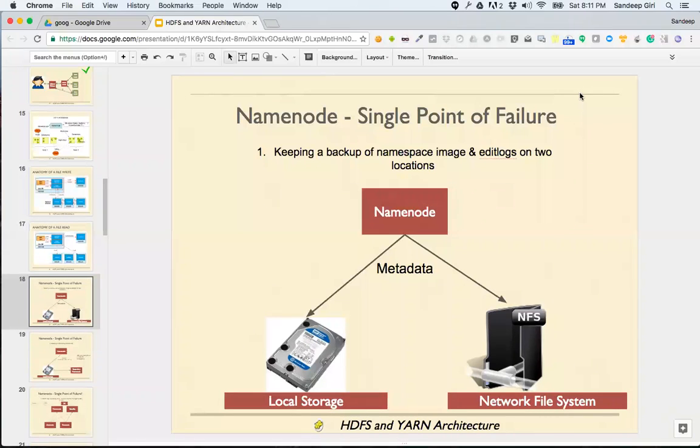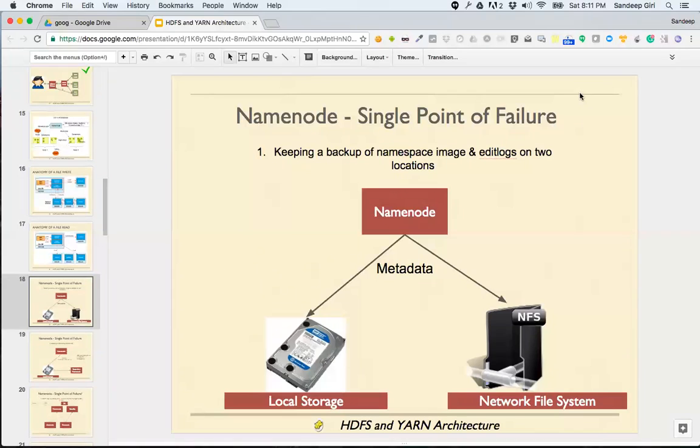That's why name node keeps something called an image, meaning periodically we take the mirror of name node's image, and then we maintain the edit logs. Not we, name node maintains the edit logs.